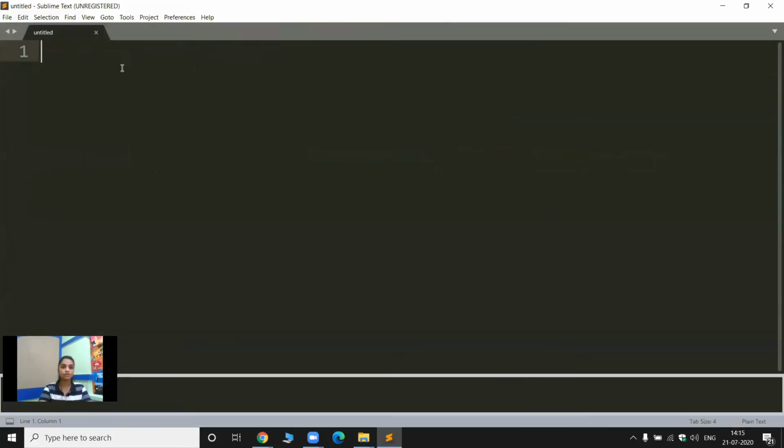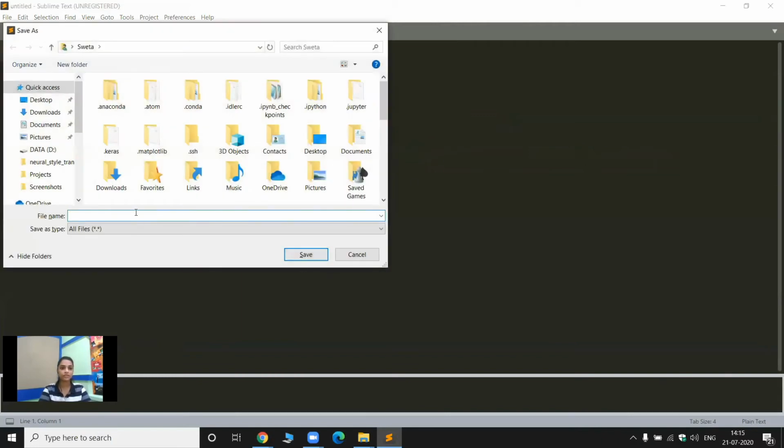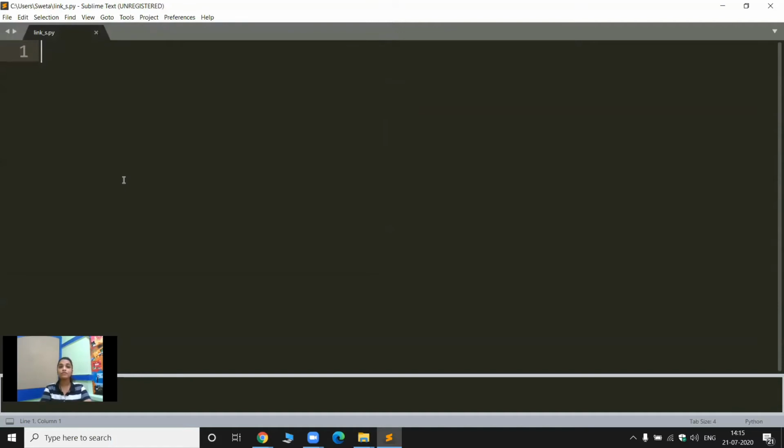Let's first save this. Let's call it links.py. The first thing you need to do is import the libraries. So from pyshorteners import Shortener.